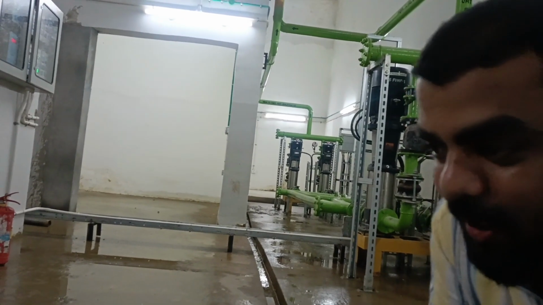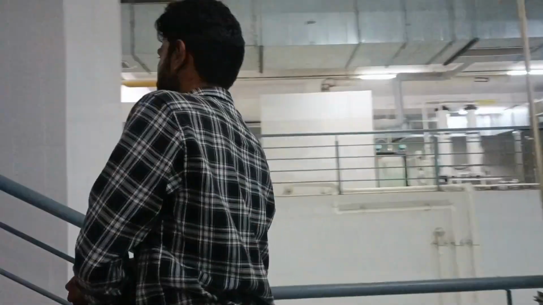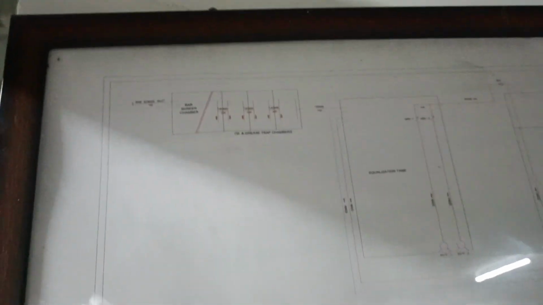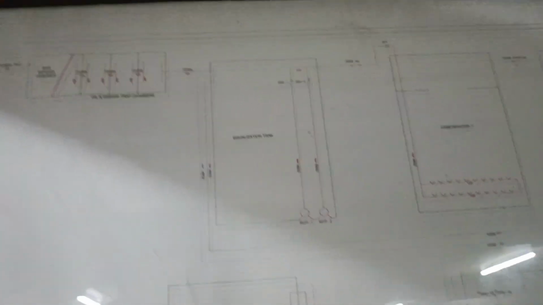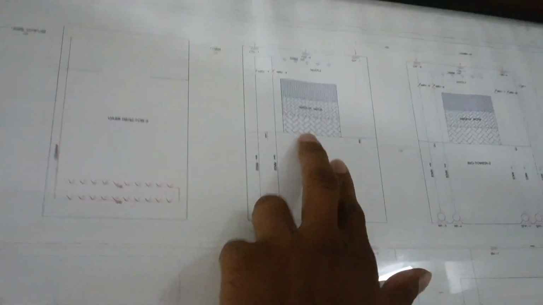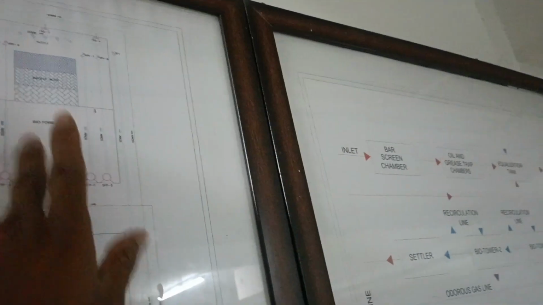Okay, now today how much water transferred? Today it is 400. Can you explain the OWD? Can I take this process flow chart? Through that, can you explain the STP? Okay, so serial basket screen, OG1, OG2, OG3, collection tank. This is the USB reactor one, same overflow to the USB 2. Then Biotar one, here media will be there, water will recirculate. These are recirculation pumps, these are nozzles and this is the media. So it will overflow to the Biotar 2, same process.